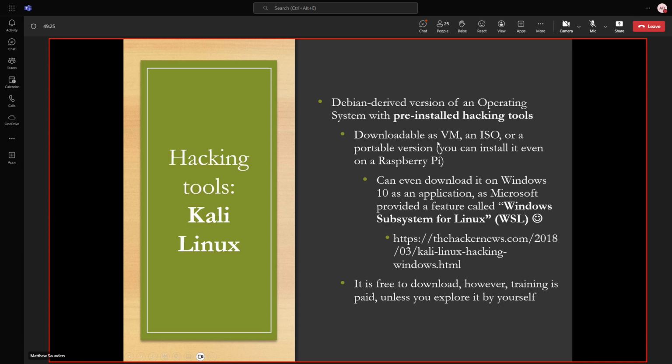Now I've downloaded a VM and I've just zipped it up. I used to do an ISO install for people, and I found we were wasting time with people just having trouble doing the installation. I'm like, why are we wasting our time? Let's just get the VM. So now I download it and I make it available.